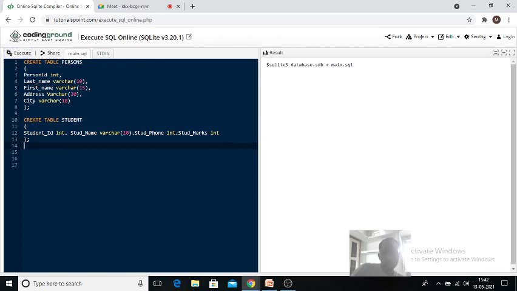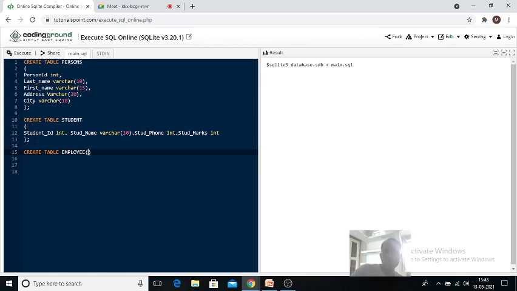Another one. Now Lina, you create the table of employee. Create table employee, the emp table. The name of the table is emp or employee.